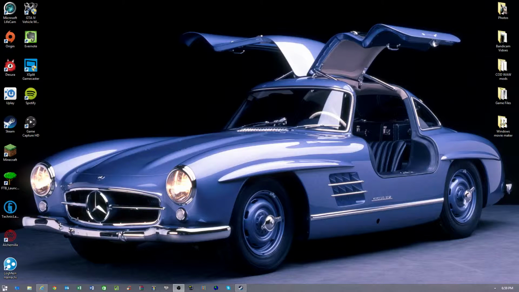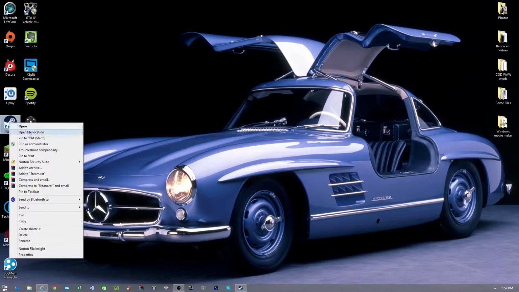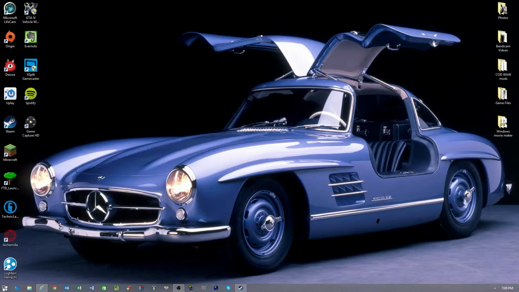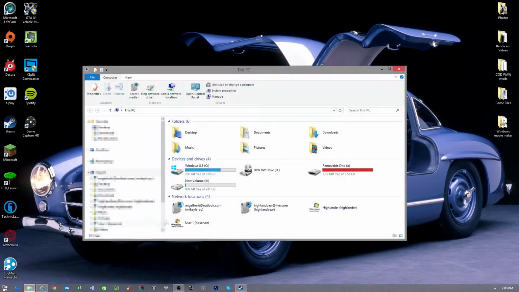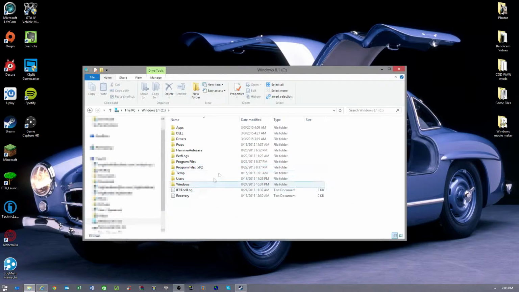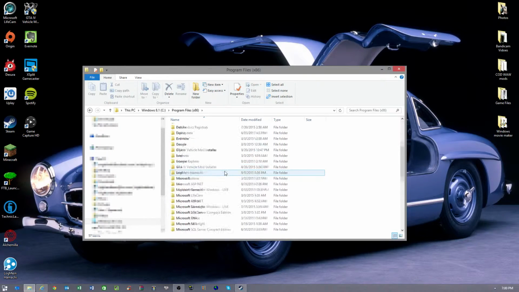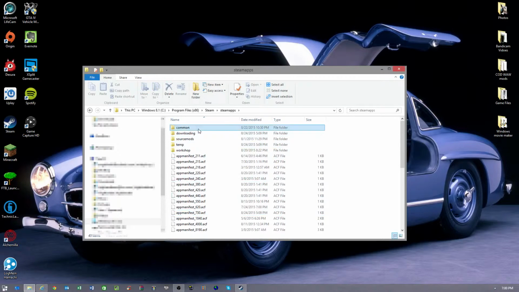To get the hammer tool, you can either right click Steam and do open file location, or you could click the start button, PC, your hard drive, and wherever you have it saved to. Mine is saved under program files 86. If yours is too, just open that, go down to Steam, and then click on Steam Apps, Common, and when